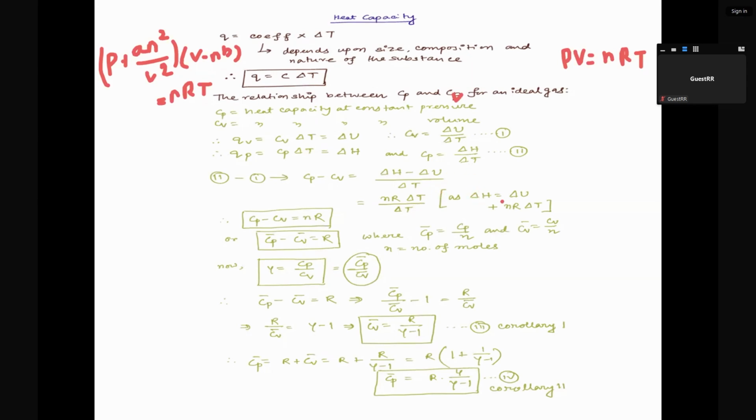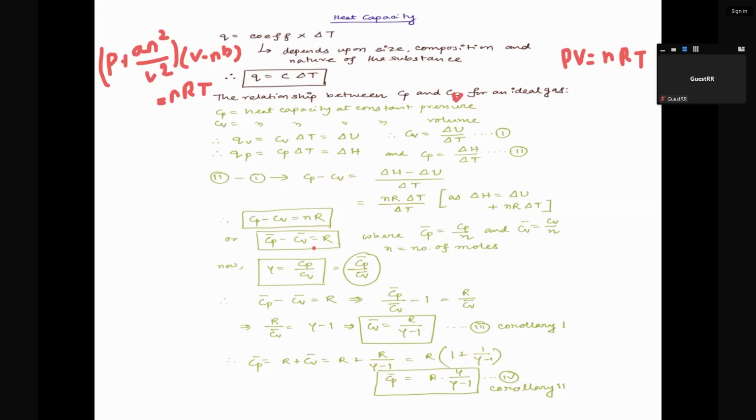So, from this equation, if delta H is equal to delta U plus nR delta T, then delta H minus delta U will be nR delta T. So, we'll substitute delta H minus delta U as nR delta T on the numerator. Now, we'll be having Cp minus Cv equal to nR delta T by capital delta T. So this delta T will be cancelled out, and we'll end up getting Cp minus Cv as nR,